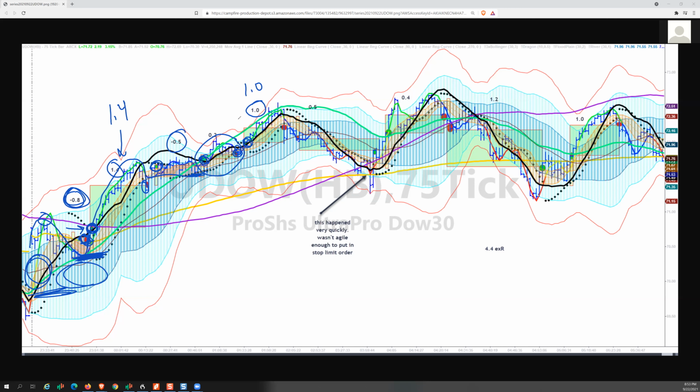Here is his exit right in the elbow of the dragon. He waits to here to get short. I'm not offended by that. That's still reasonable. And he gets the gain. This is a 1, 2, 3 exit, so he gets paid here on the short side at 0.5. That's excellent. And then the re-entry on the reversal was maybe a bar late, but still that's pretty good. You'd have to be very alert to get that exit.